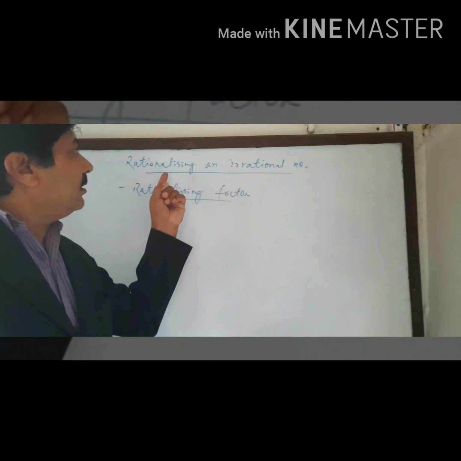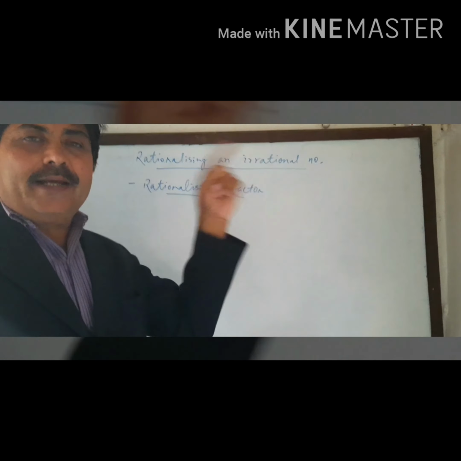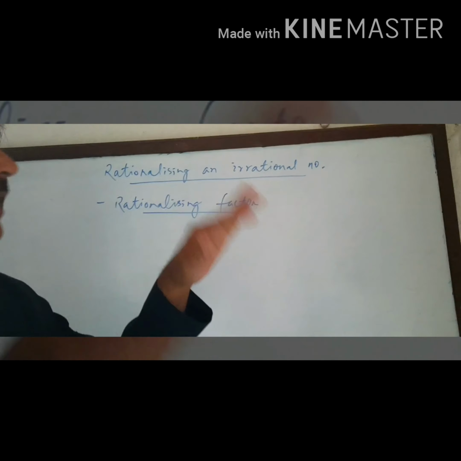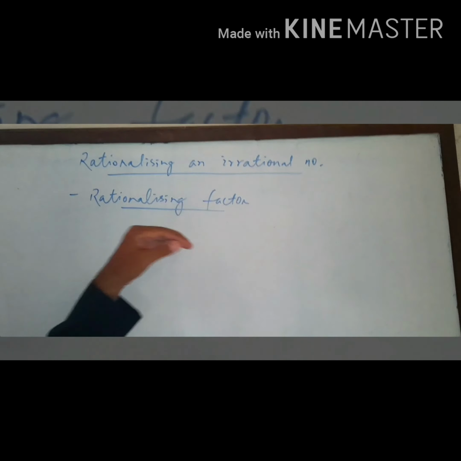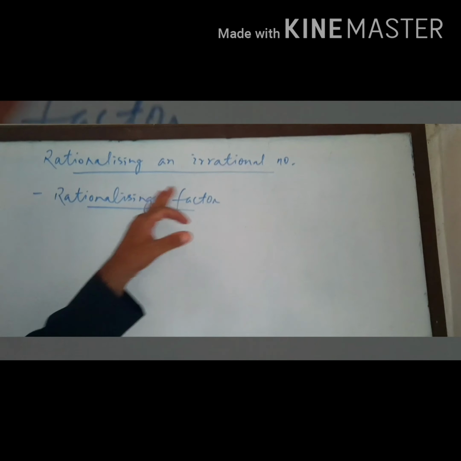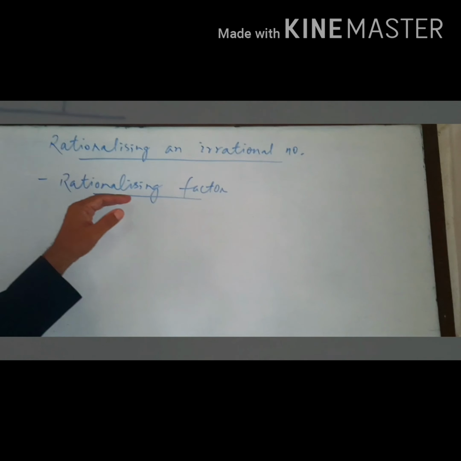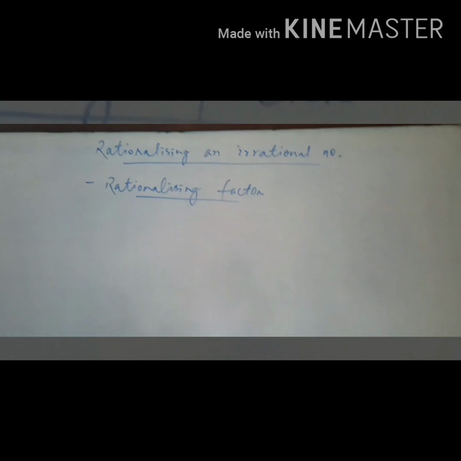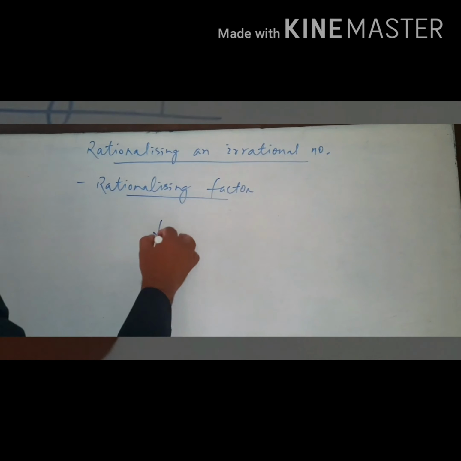We are here with rationalizing an irrational number. How can we rationalize an irrational number? For knowing that, we see the rationalizing factor first. Every irrational number which is under radical form, meaning in root form, will have